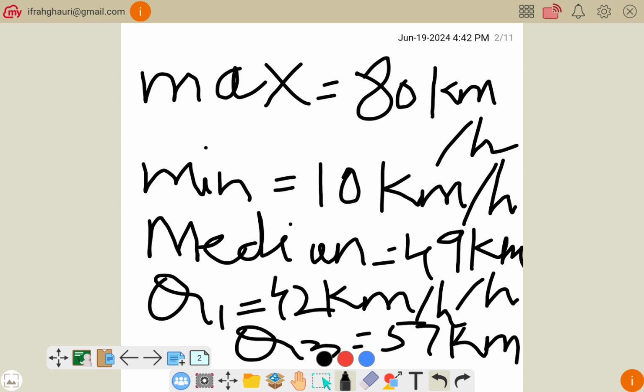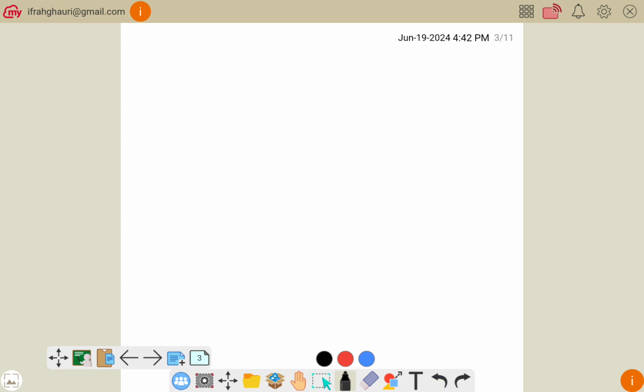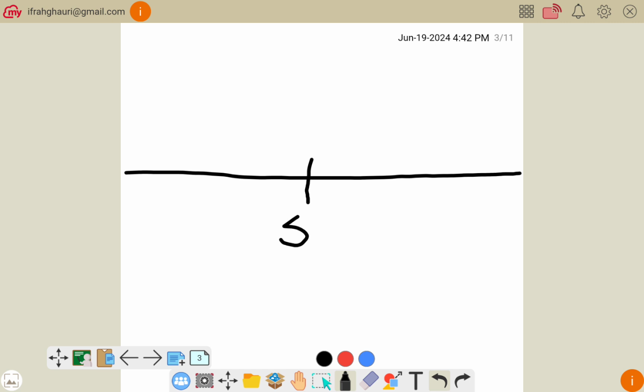We can present this information on a box and whisker plot. To begin, we draw a horizontal number line using a suitable scale. The number line must be long enough to contain all the data points. On the top of the number line, the positions of the minimum speed, the maximum speed, and the quartiles are indicated, as we are about to show on this figure.